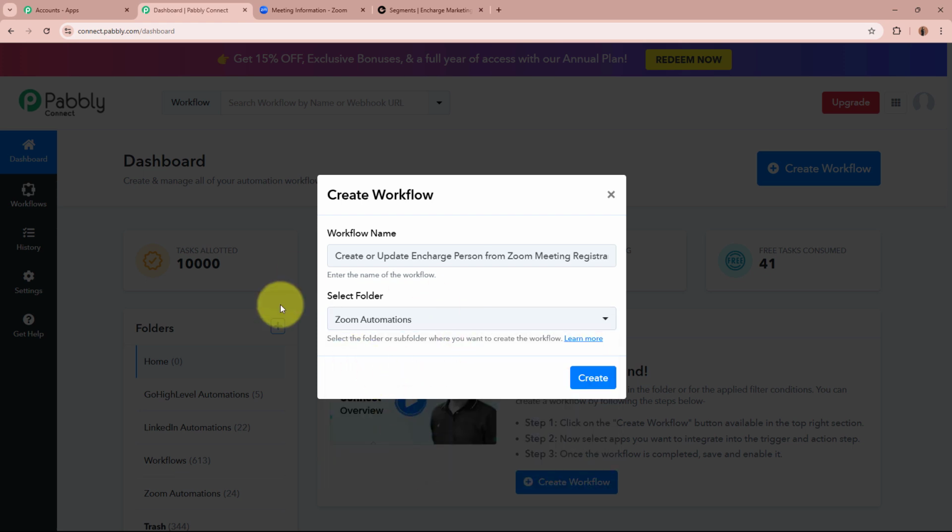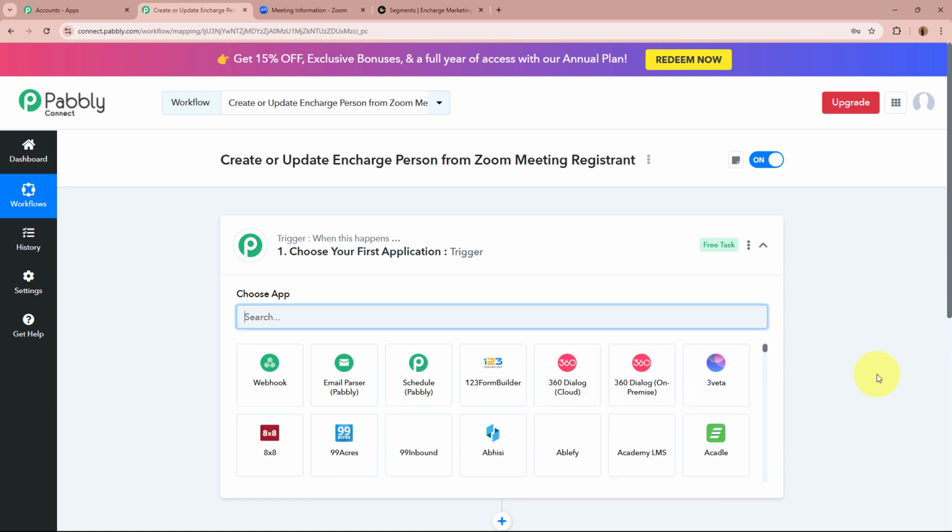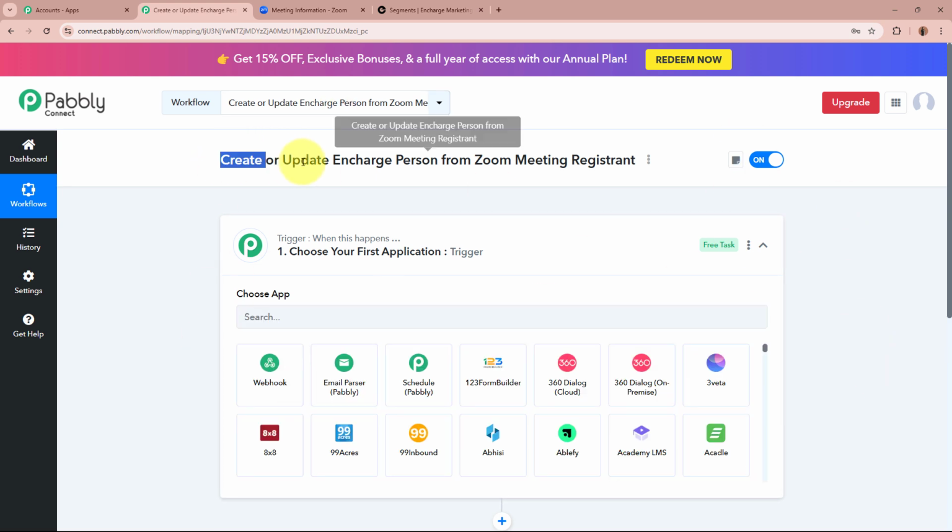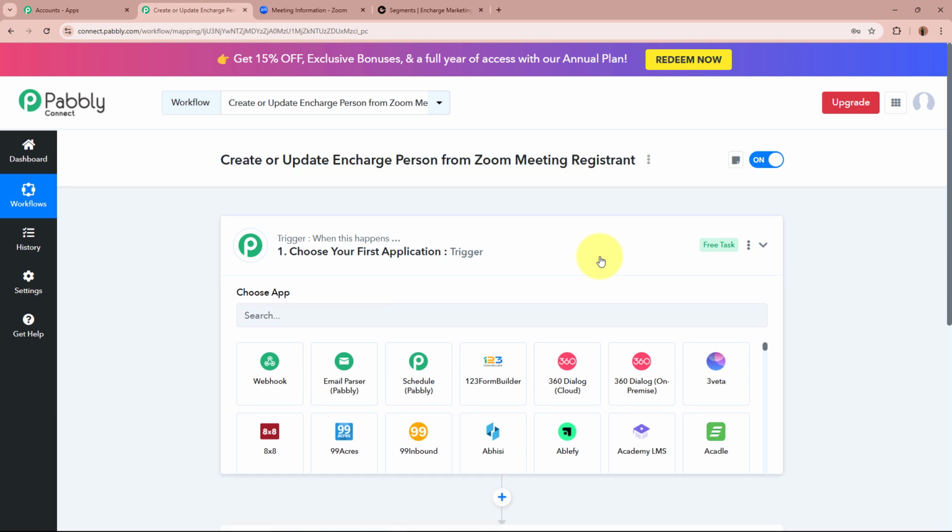These are the folders from which I'm going to select Zoom Automations as the folder I want to save this workflow in. After giving the name to the workflow and selecting the folder, I'm going to click on this Create button in order to create a workflow. A workflow is created over here in the name of Create or Update Encharge Person from Zoom Meeting Registrant, and